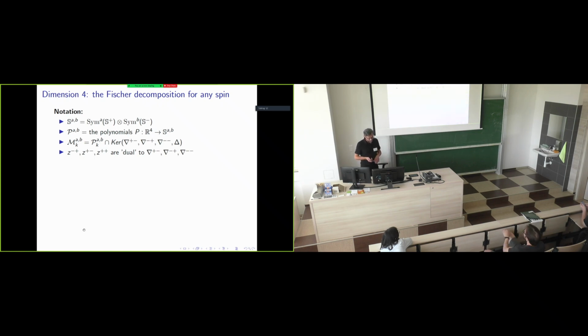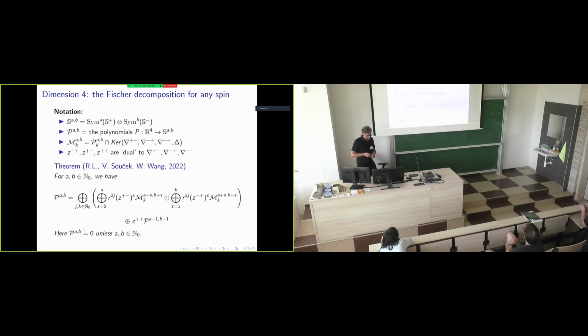The Laplace operator we need just for the scalar or complex valued polynomials, and these operators Z minus plus, Z plus minus, Z plus plus are polynomial invariant operators dual to the invariant differential operators from the generalized Cauchy-Riemann equations. Then we have for any AB the following decomposition,